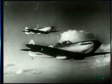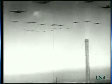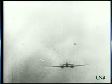This radar network was instrumental during the Battle of Britain early in World War II. It allowed for efficient use of the heavily outnumbered Royal Air Force, which could now be vectored to intercept specific threats. Instead of operating continuous fighter patrols, radar operators could provide fighter pilots with a target's location, altitude, speed, and